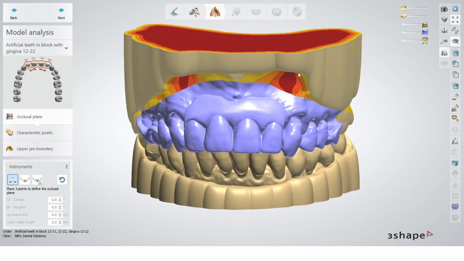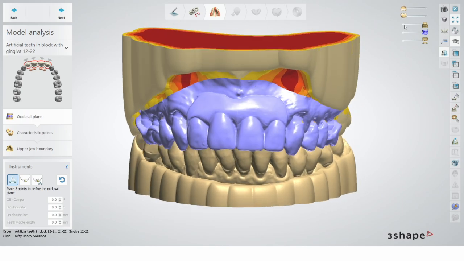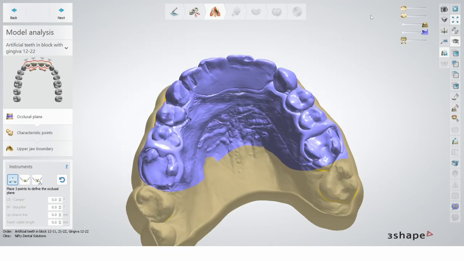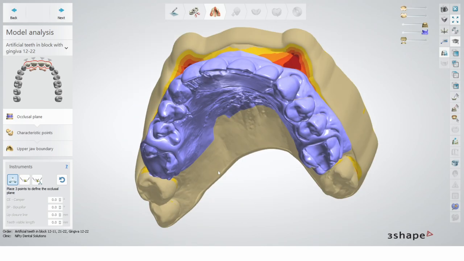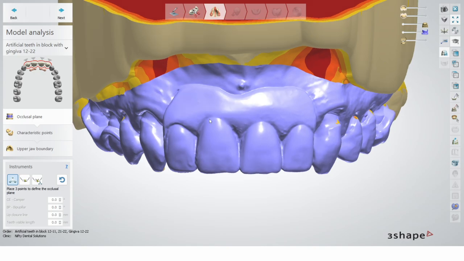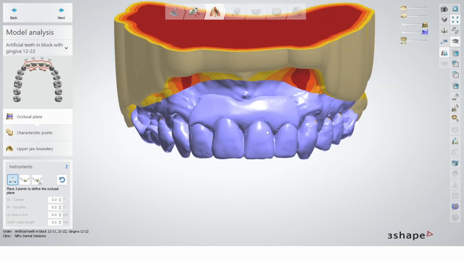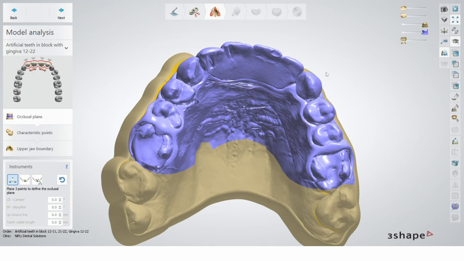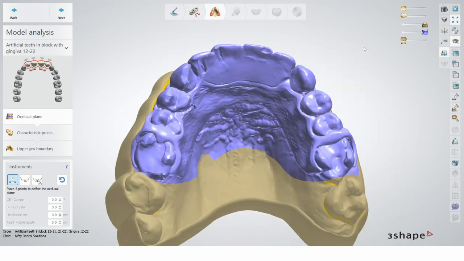The lady was just complaining about the aesthetic of the teeth. The flange was a bit too short. She didn't like the cobalt chrome, but also if you see the neck of the incisors, they're really unbalanced. They're not symmetric at all. So we are going to improve this smile today. And having these aligned is just a blessing.